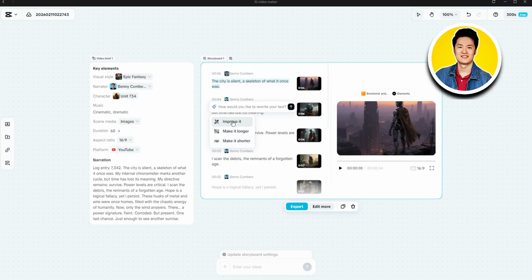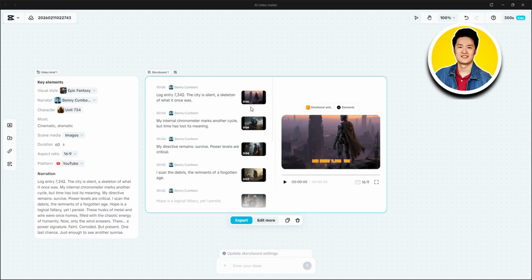After selecting Rewrite, choose from any of these options. And once it's done, if you like it, you can click on Replace to replace the previous one. This way, check out the entire video and all the sections, then make your desired changes. Also, you will get to see some additional options as well.